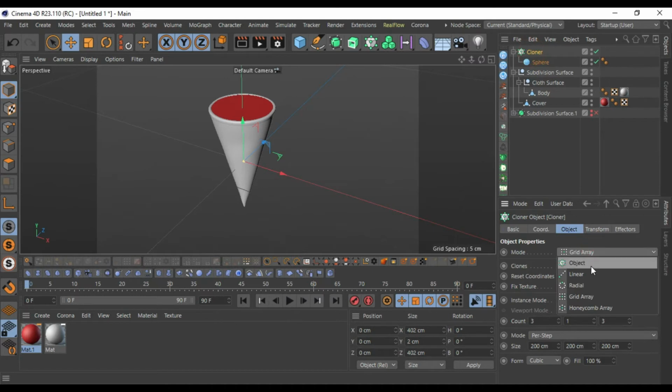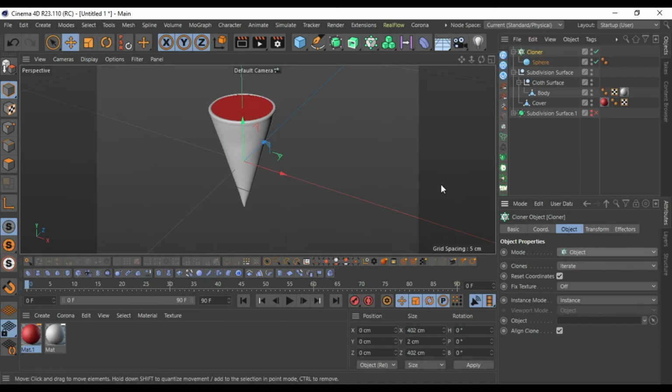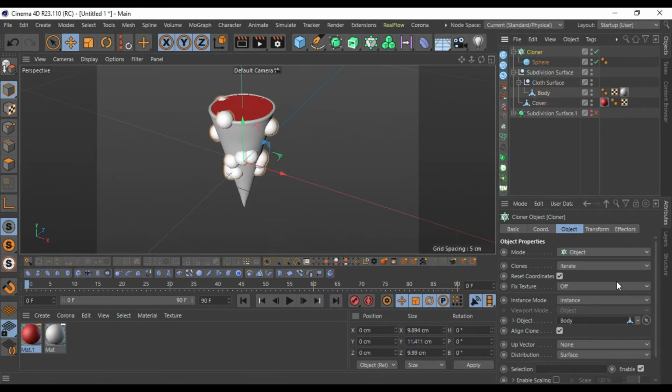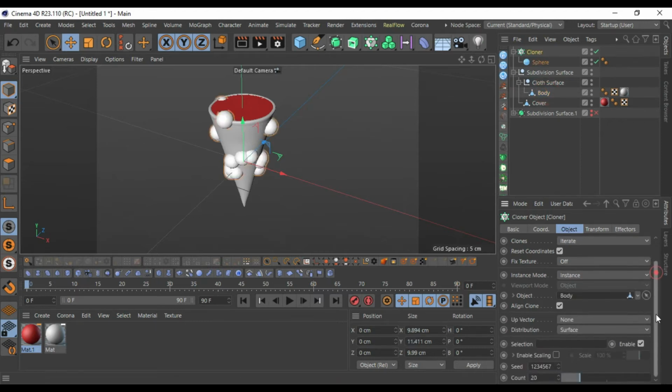Go to cloner, change the grid to object, drag the body to grid. Increase the count,